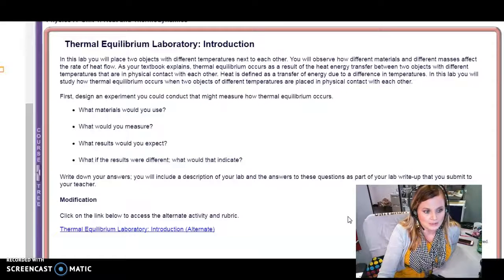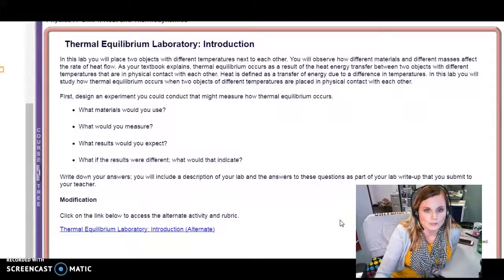As your textbook explains, thermal equilibrium occurs as a result of the heat energy transfer between 2 objects with different temperatures that are in physical contact with each other. Heat is defined as transfer of energy due to a difference in temperatures. In this lab, you will study how thermal equilibrium occurs when 2 objects at different temperatures are placed in physical contact with each other. So you, as a hypothetical experiment, need to design something that you might be able to do in real life